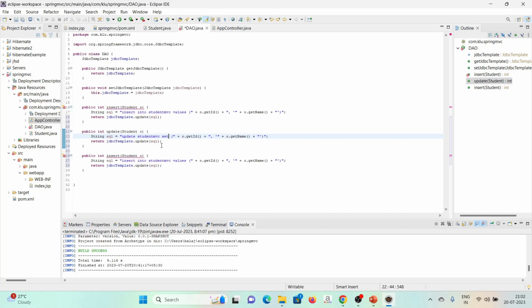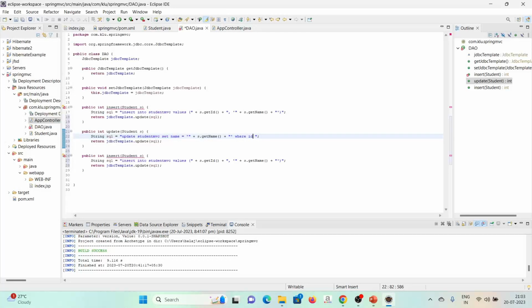The parameter name is going to be name, set name equal to the name value, and then I have to write the where condition,